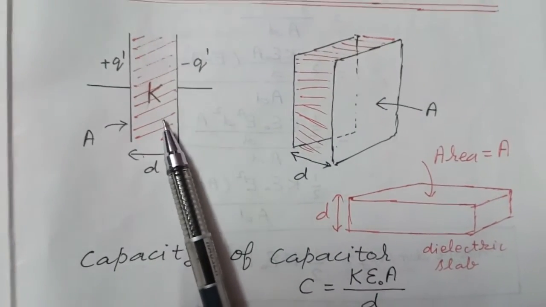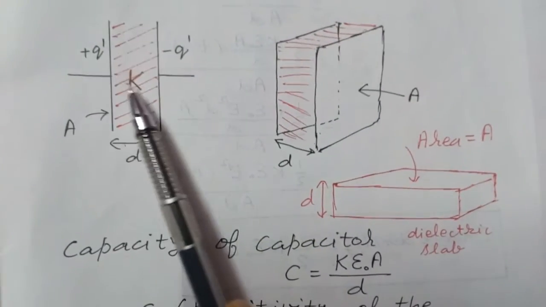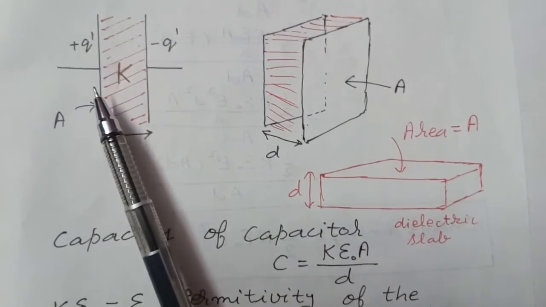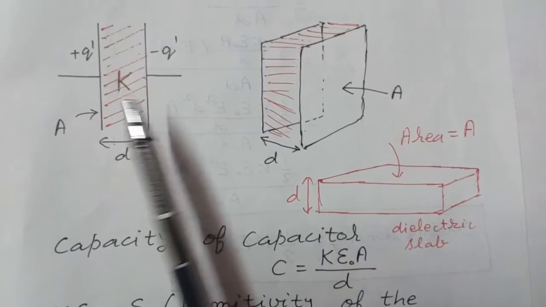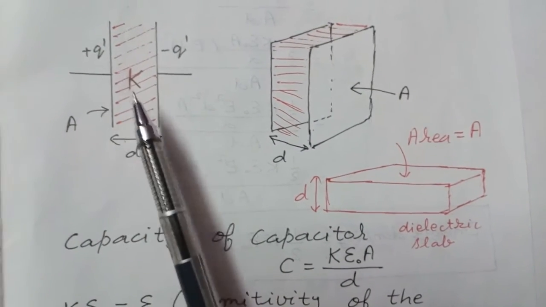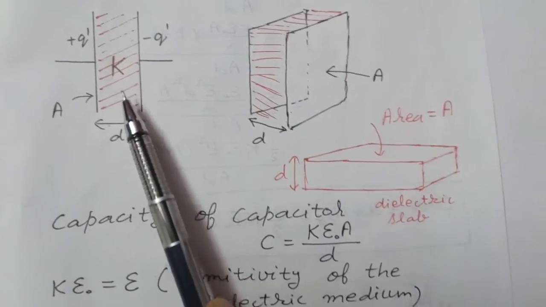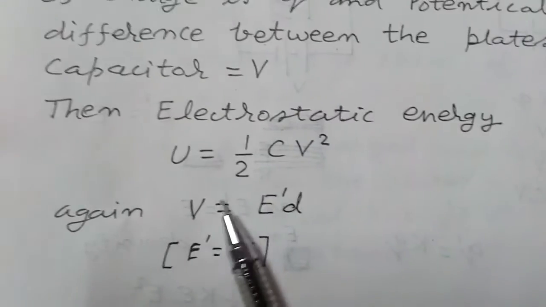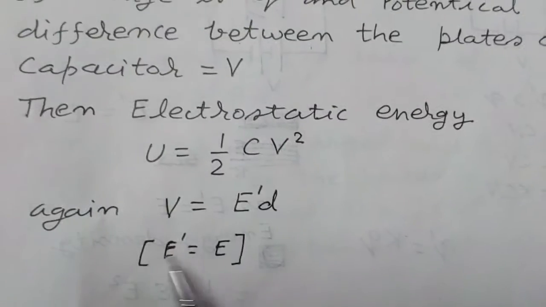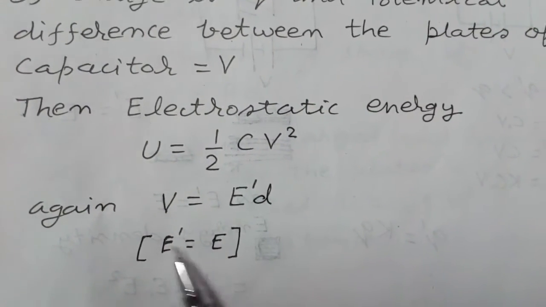Suppose E decreases, but at the same time more charge is there on the plates of the capacitor, so surface charge density increases, so this compensates the decrease in E due to K. So in this case also electric field intensity will be same, but let it be E dash. So I have written here E dash, and we will prove it with the help of maths also. By formula we will see that E dash is equal to E.